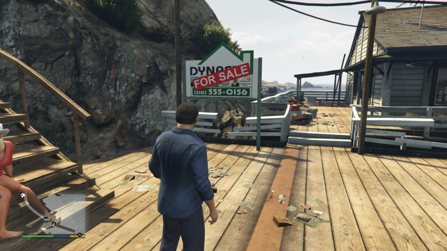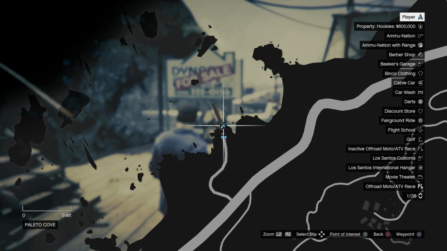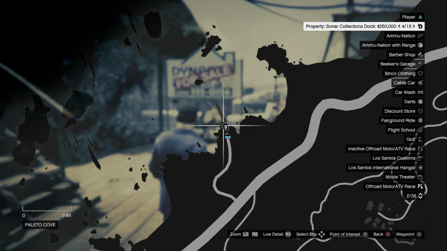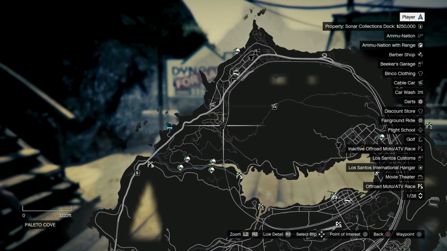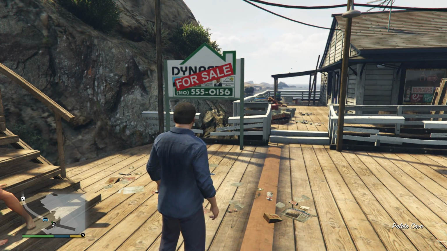In this video, we're going to be completing the Strangers and Freaks mission, Death at Sea. Now this mission becomes available once you purchase the Sonar Collections dock. So this property right here in the northwest part of your map, you purchase this property and then the mission